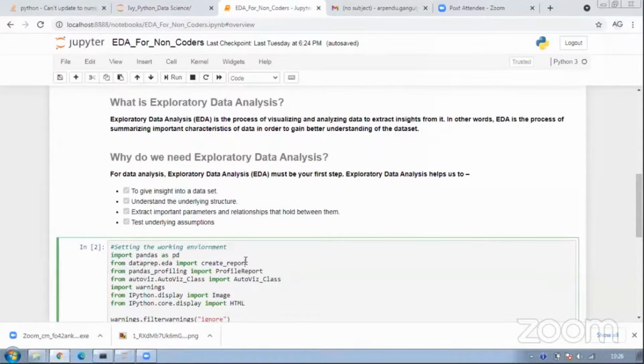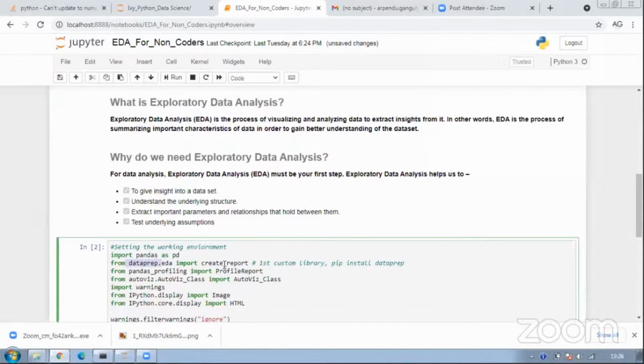So the libraries which we will be using is definitely DataPrep. This is definitely the first custom library that we will be using. So you guys want to download it. To download it, follow the simple command of pip install dataprep. By this command you will be able to install this particular library.